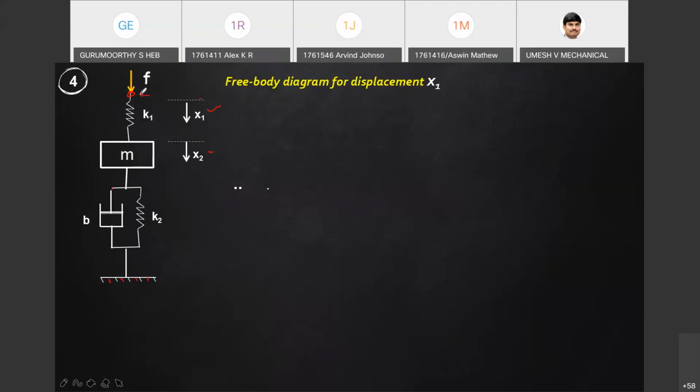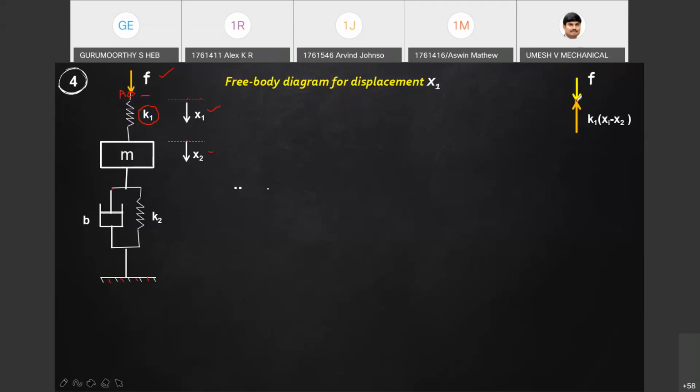So how many forces are here? Nothing is there, but you can consider a reference point A. At point A, the downward direction is F. At that particular point there is no mass, so no inertia force. So the only thing is you have the downward force. The upward spring force is to be considered with two displacements, the spring and displacement, X1 minus X2. That gives the equation.